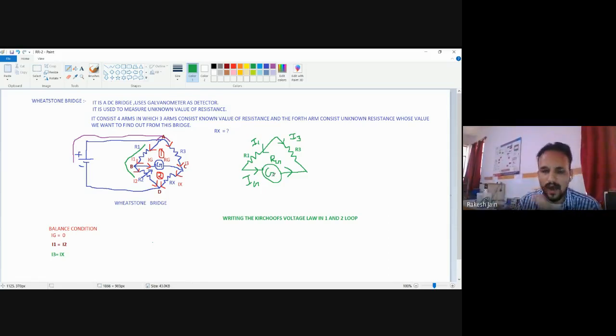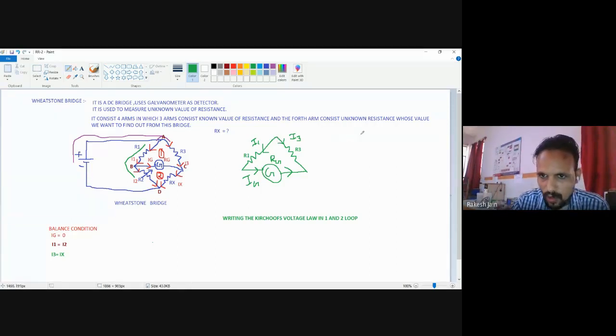So what is the voltage? How can we find the voltage? If we know the value of current and the value of resistance, from Ohm's law, V is equal to IR. The voltage is equal to current multiplied by resistance. Okay, let me choose any direction for our journey. Let me start from this point.